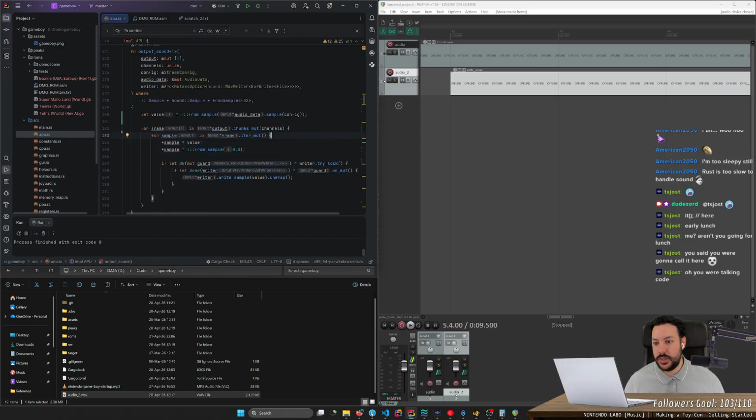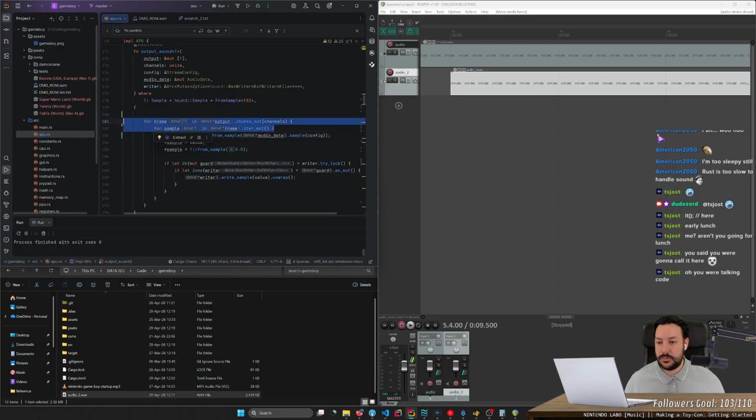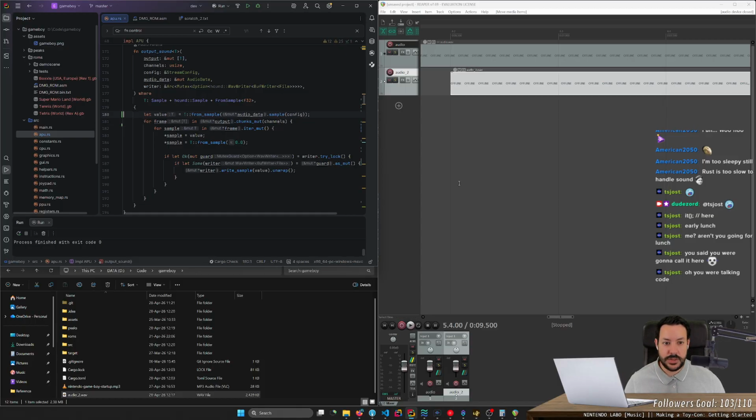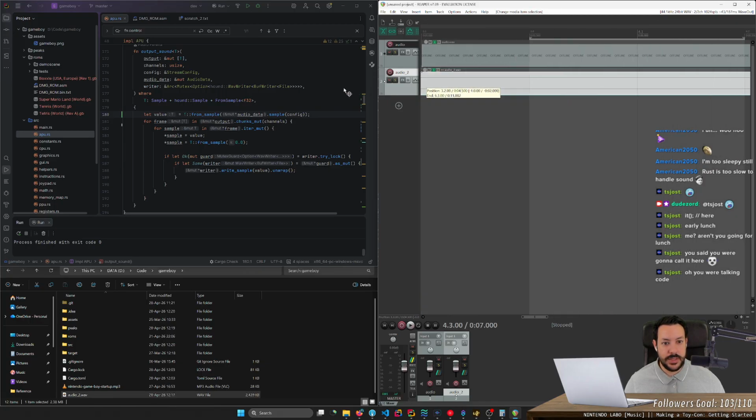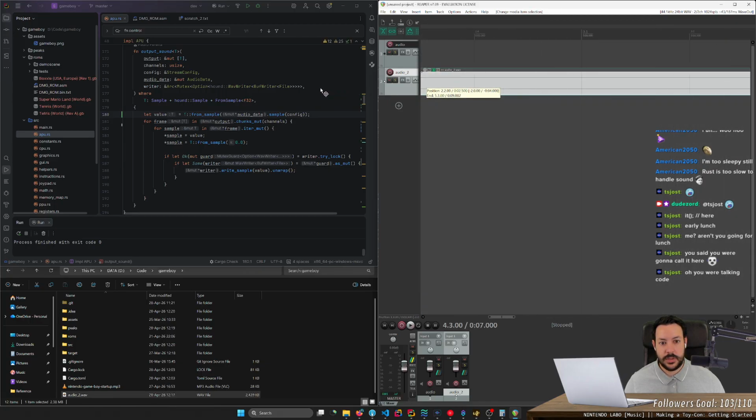So what I thought I would need to do is, okay, cool, let me move this inside here, so that now every time it iterates over this, it grabs a new sample, and then it should do something different, but it looks the same. Looks the same, so nah, that wasn't it. Come on. Oh my god.